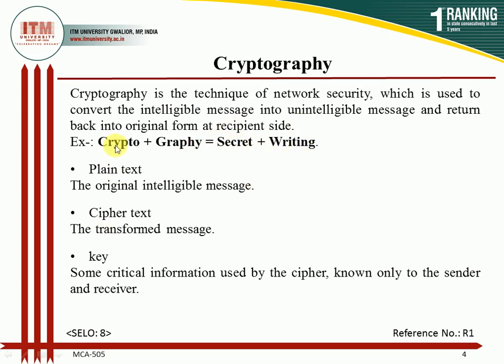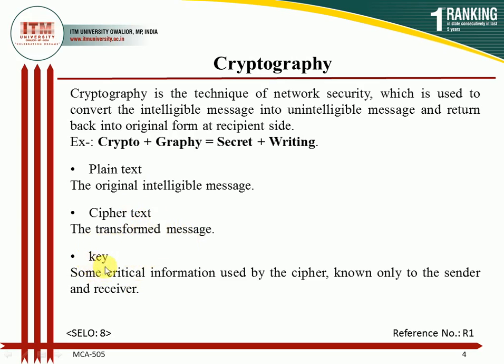So these are the basic terms that we have to know when we move on to the topic of encryption, classical encryption techniques. These are the basic terms we have to know already: plain text, which is also called the original message or text message. Ciphertext is the transformed message, that is, the encrypted form. And the most important term here is key.